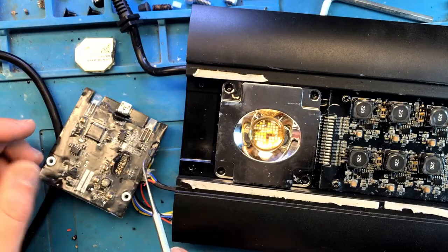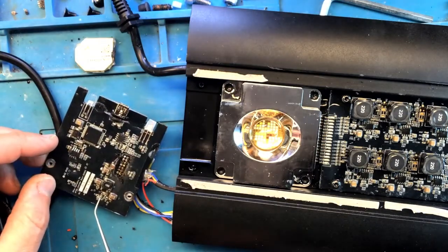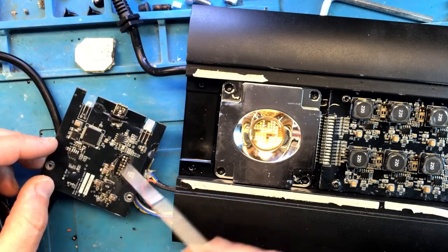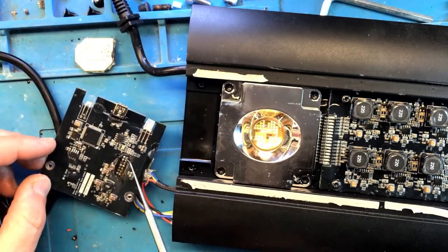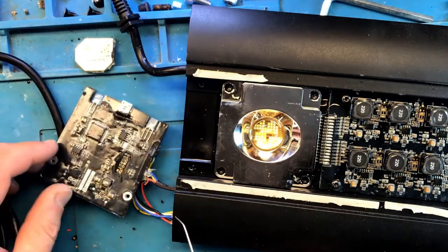Alright guys, here's what I have done so far. To trace down the short that we have on this voltage regulator, I figured that the problem is likely with the Wi-Fi module because this was the general area that was heating up as I ran some current through it, but nothing was really hot on the board itself. So I ended up removing the Wi-Fi module. First off,